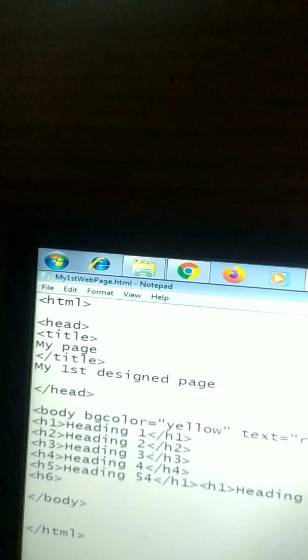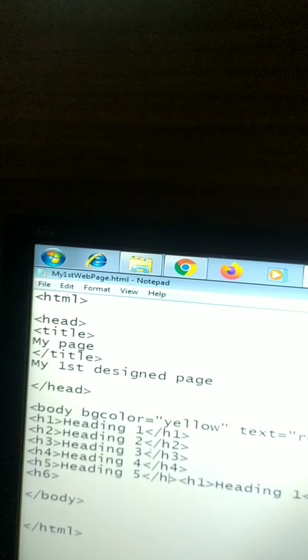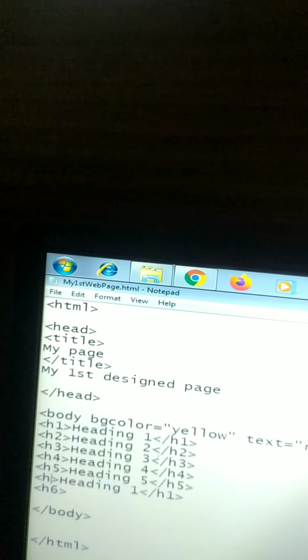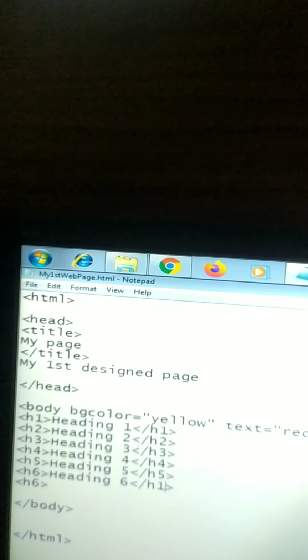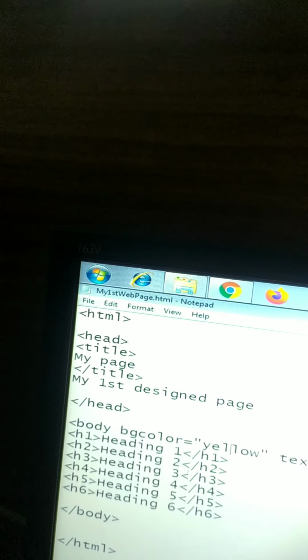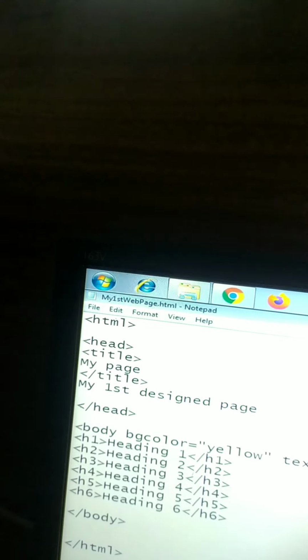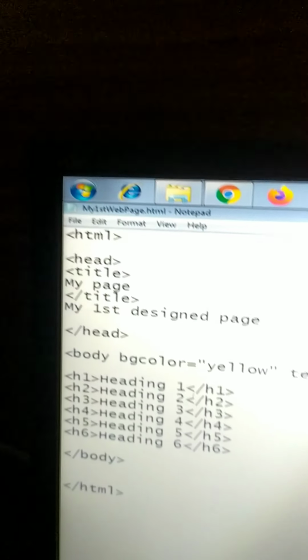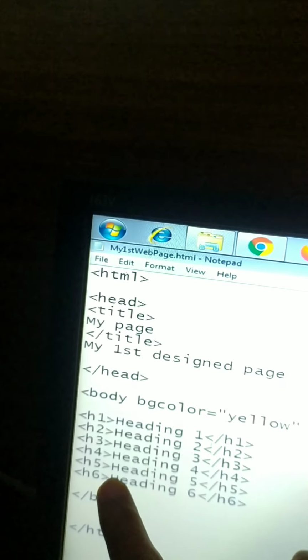Heading 5 and end H5, heading 6 and end H6. So here we have 6 headings, H1 to H6.